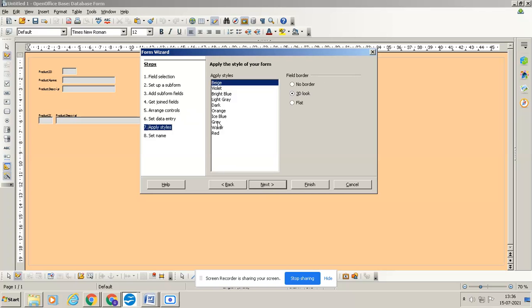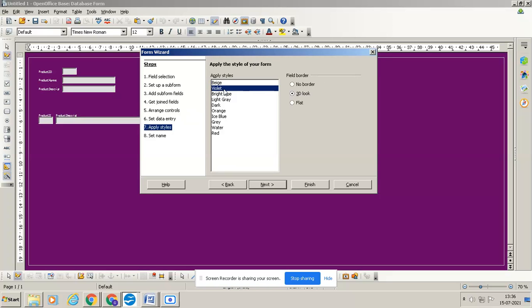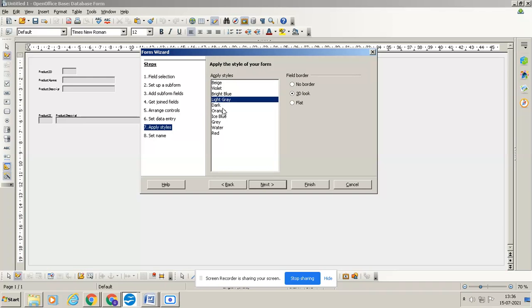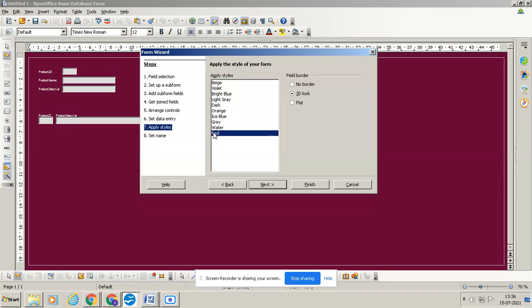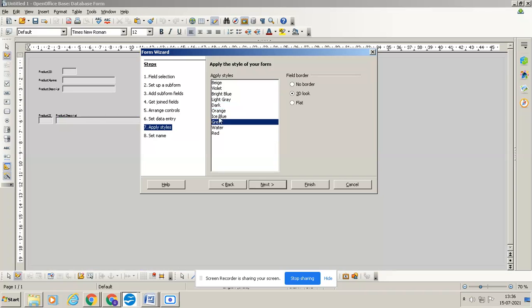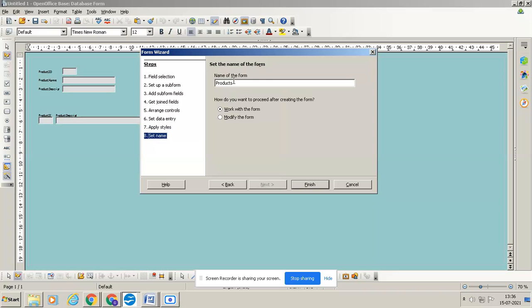Now it will ask to apply the styles. If you want to apply the styles for your particular form, you can take the styles from here. Okay, I'll take ice blue. Next, if you want to change the name of this, you can change the name.